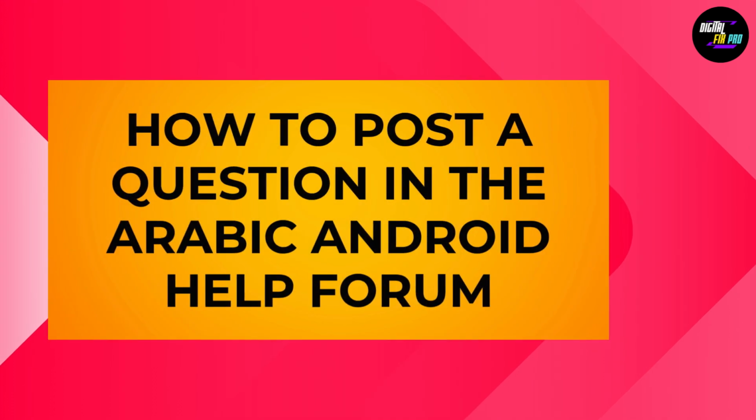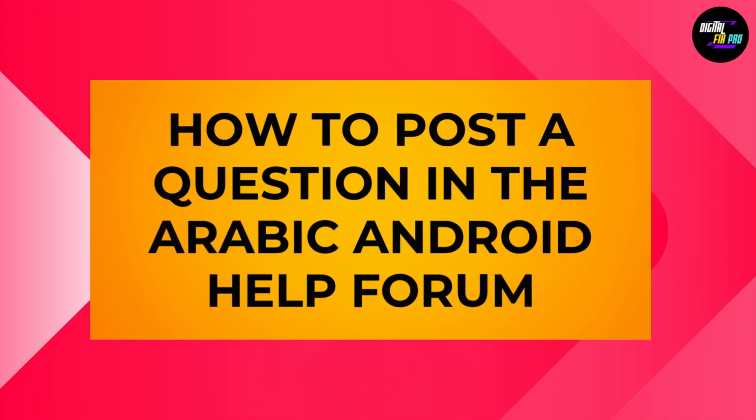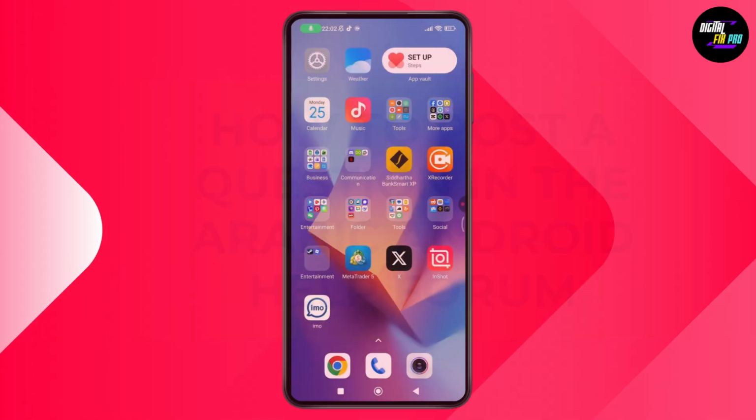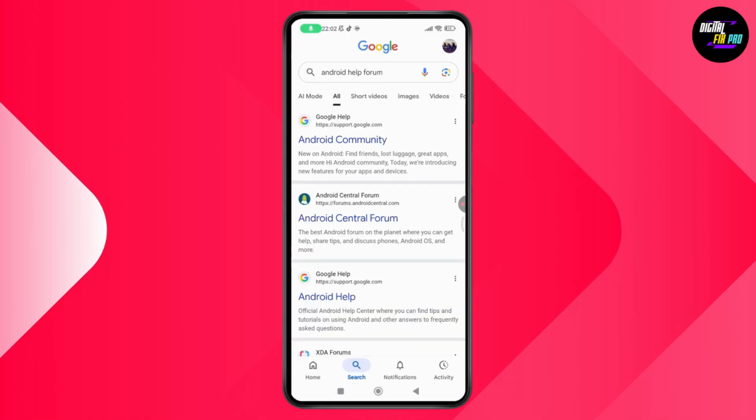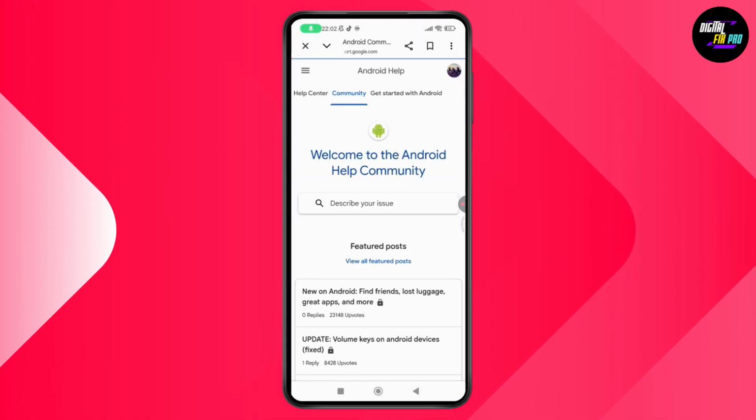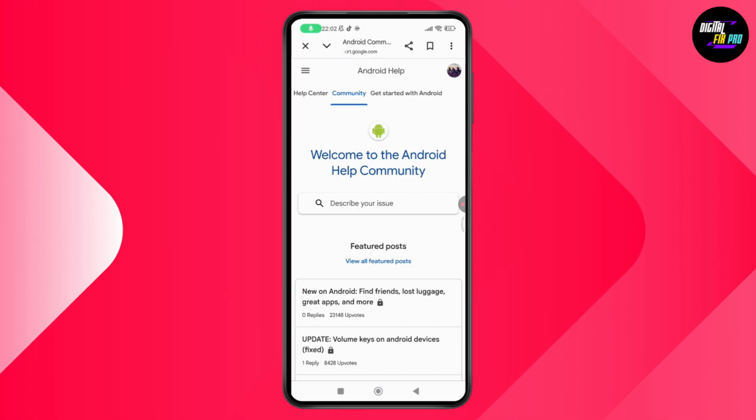How to post a question in the Arabic Android Help Forum. So if you want to post a question in the Arabic Android Help Forum, then what you need to do is first you just need to simply open up Google and search for Android Help Forum and go with the first link, which is the Android Community session, and you'll get this kind of interface, which is Welcome to the